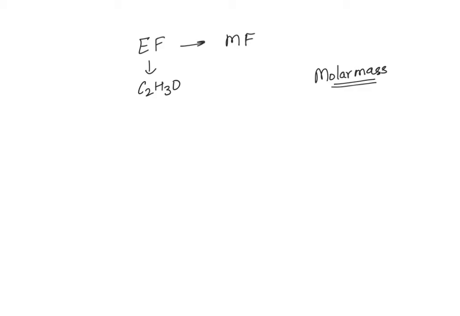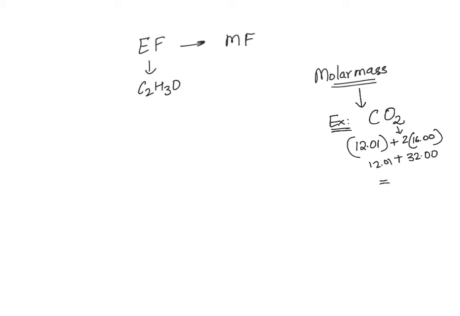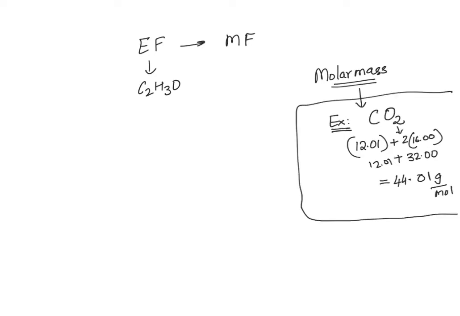So I'll deviate a little bit here. I'll do an example for molar mass. How do you get the molar mass of, say for example, carbon dioxide? Carbon 12.01 from our periodic table plus oxygen 16.00, but there are 2 oxygens, so 2 times 16.00. So this is 32.00 plus 12.01. That gives us 44.01 grams per mole. So this was a deviation. I just did an example for this. Now